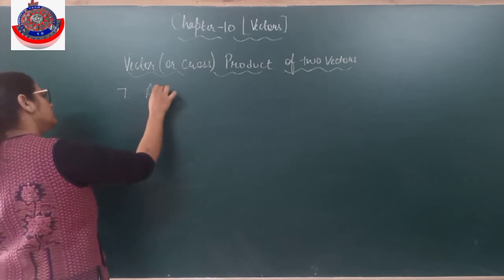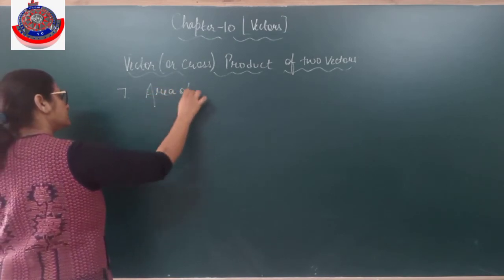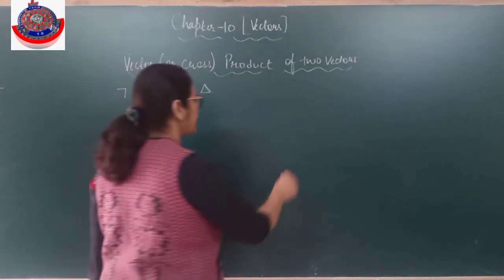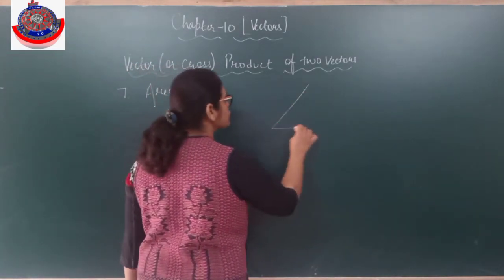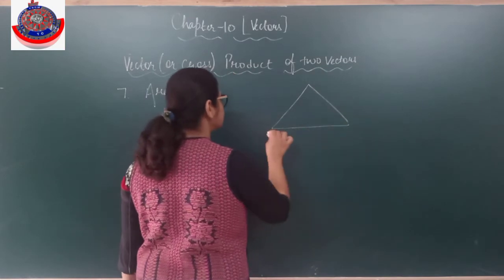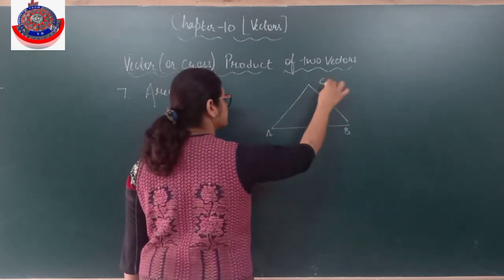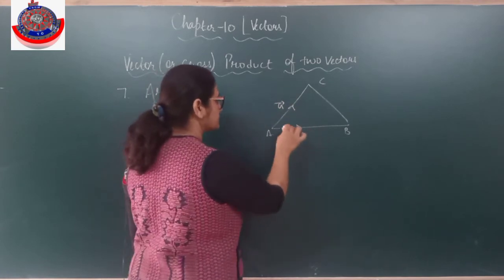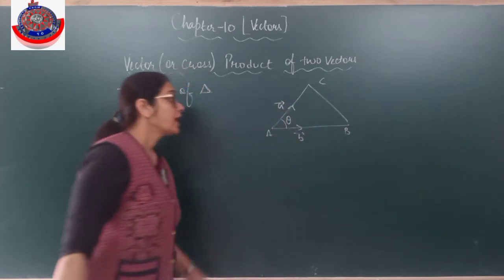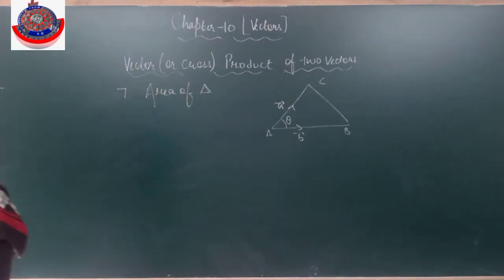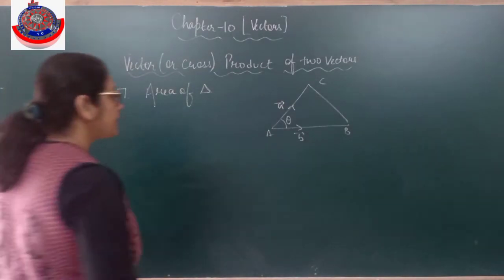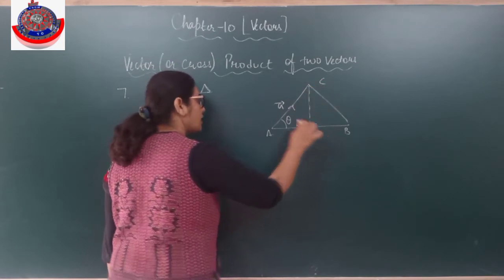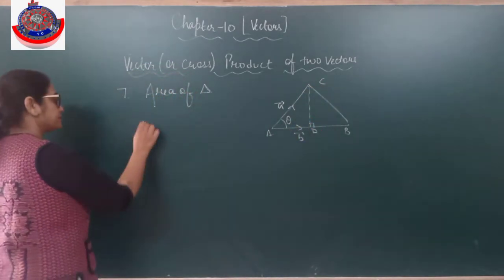Area of triangle. If vector A and B represent two adjacent sides of a triangle, and this is the angle theta, then the area of the triangle will be